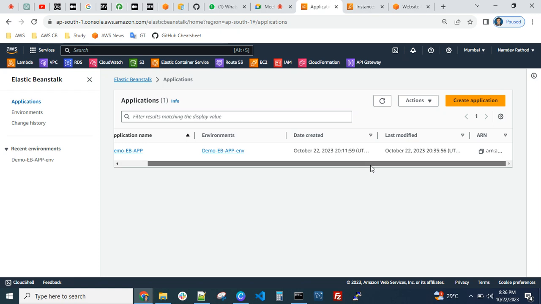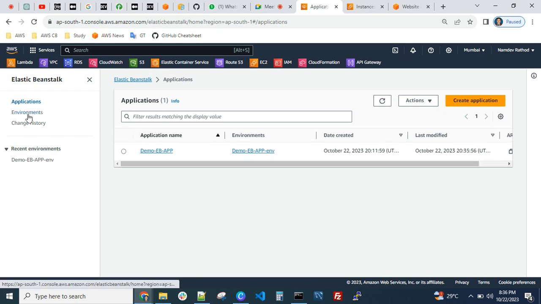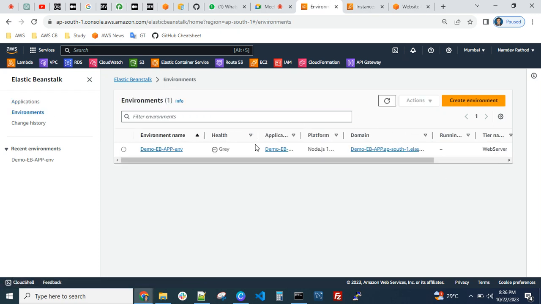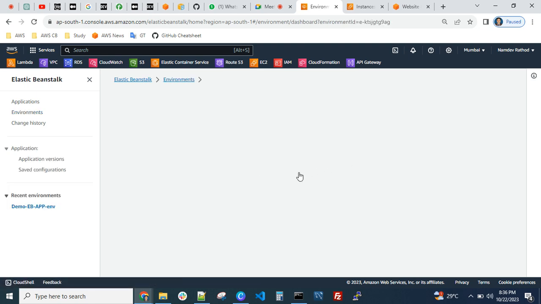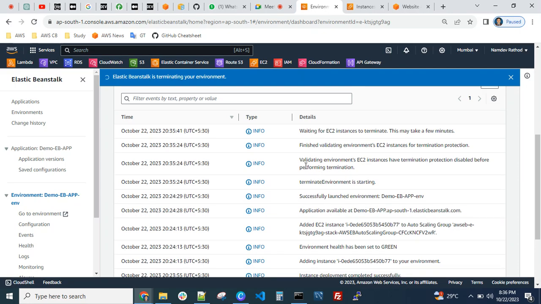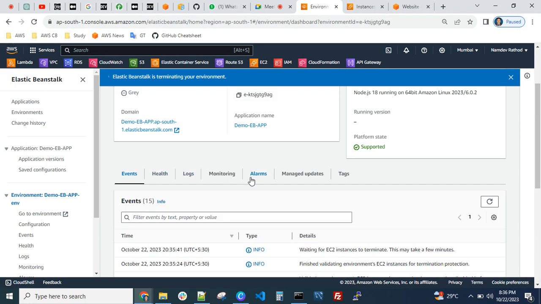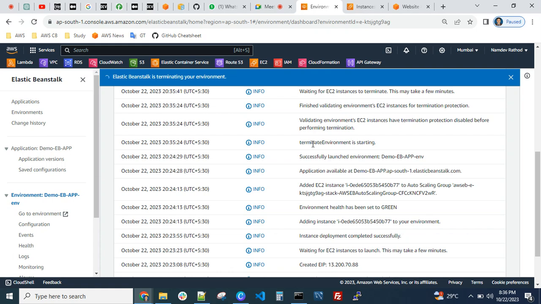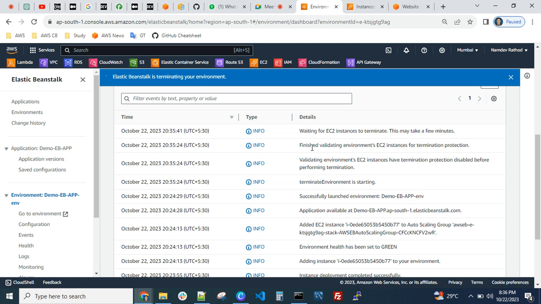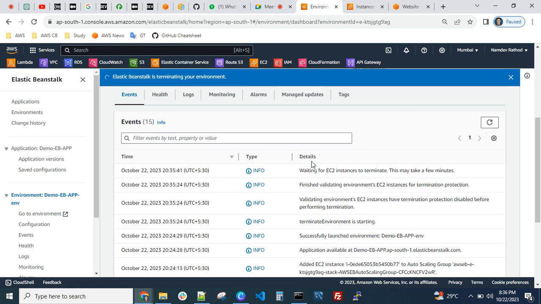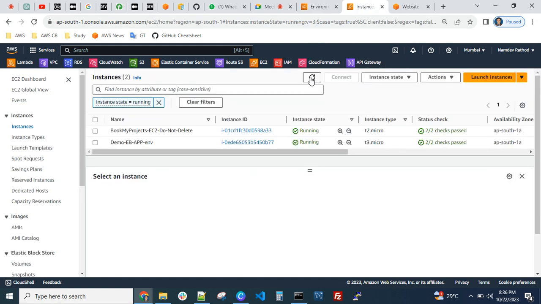So it will take some time, but it will automatically delete. In the activity events, you can see terminate environment is starting, validation, finish, validation of termination protection, waiting for EC2 instance to terminate. If you go to the EC2 instance and just refresh,